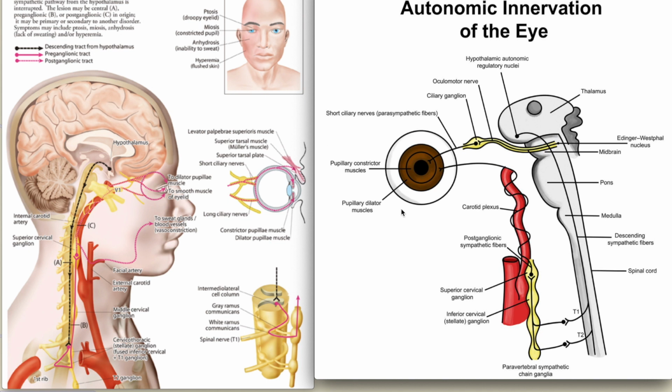Now, the next finding would be miosis. The reason behind this miosis is depicted clearly in this picture. We could see here the pupillary dilator muscles, or the muscles that dilate our pupil. They come from this plexus of nerves that branches off from T1 via the long ciliary nerves. These ciliary nerves go to the pupillary muscles, and therefore any disruption to the pupillary dilator muscles will cause the eye to be unable to dilate properly, and therefore